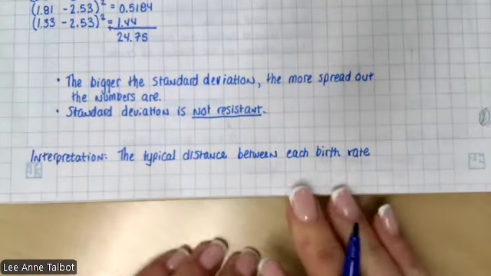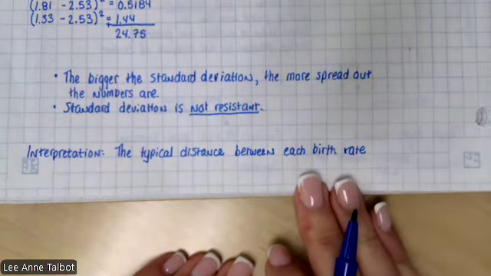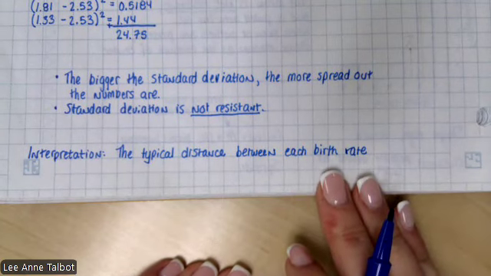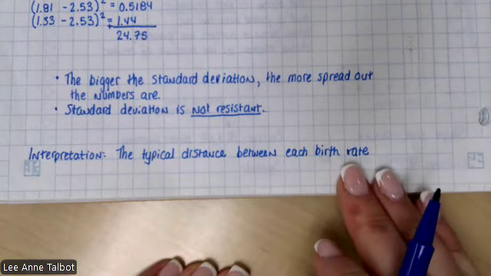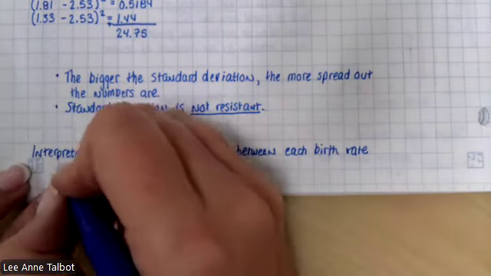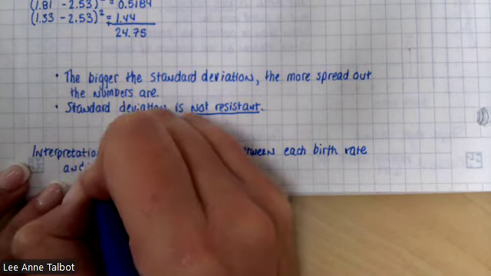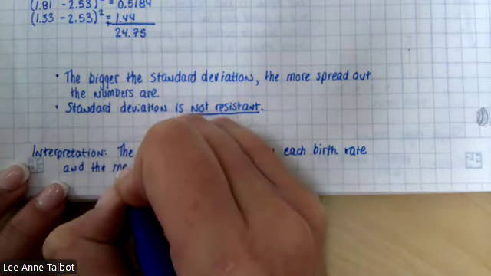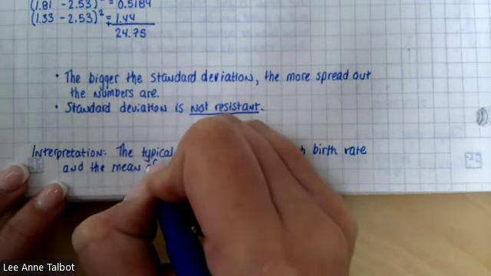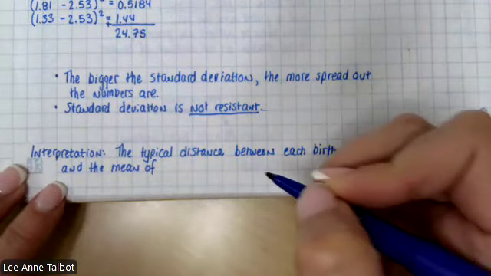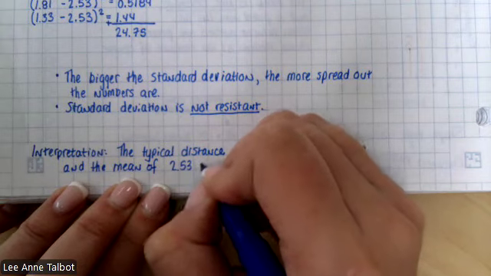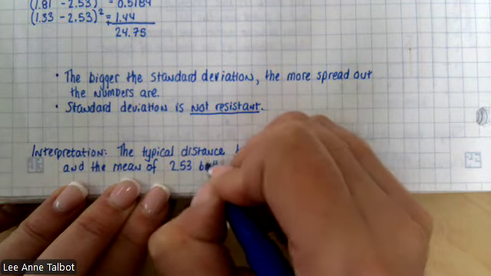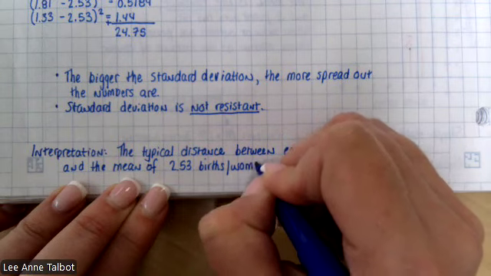So what I mean is each individual number in our data set, which represented a birth rate of a different country, the typical distance between each birth rate and the mean of 2.53 births per woman